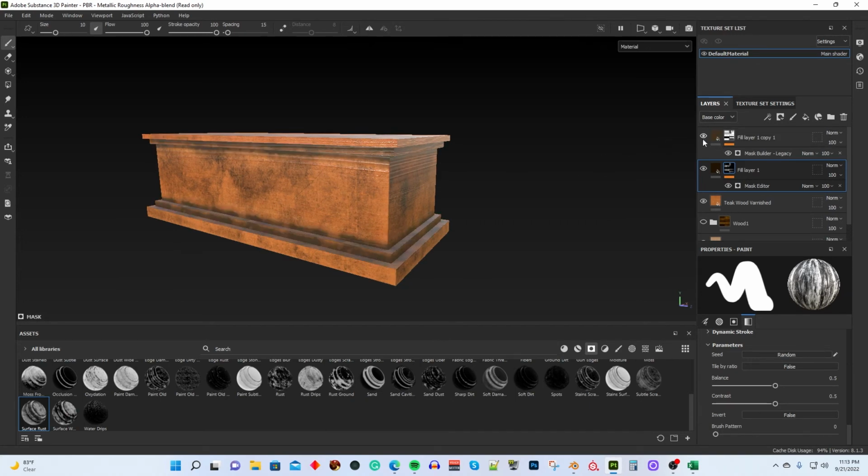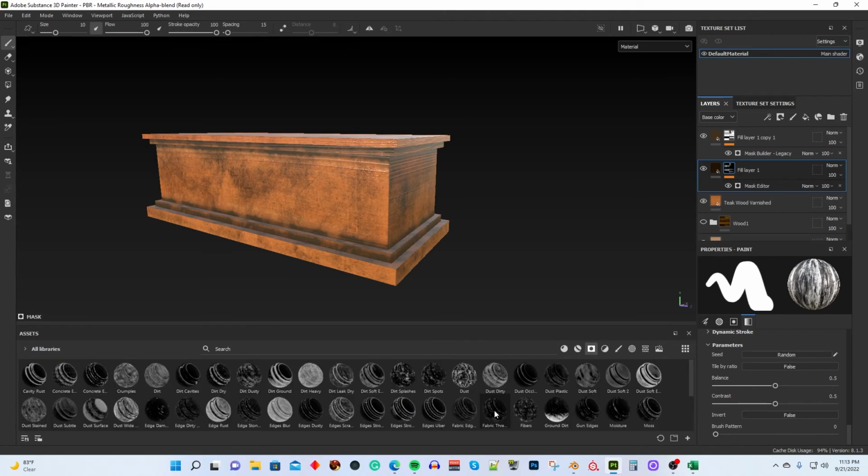And then let's try, I don't know, is that enough? It might be enough. So I think you get the idea. That's 3 different ways, right? So you can add a generator, and you can manipulate the generator. You can add a black mask, and then a fill, and then drag in your own grayscale textures, and then you can use a smart mask. And so that gives you the ability to add a whole bunch of different looks to your object